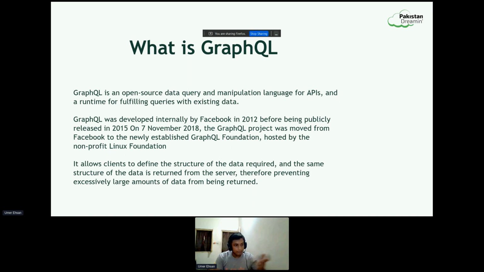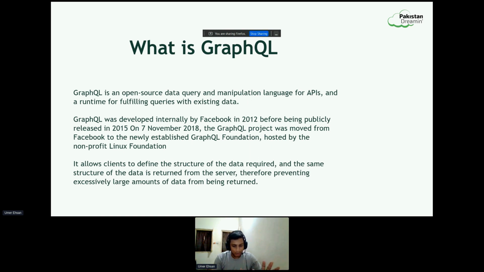That is the reason why we are now able to use it openly. It allows the client to define the structure of the data required, and the same structure of the data is then returned from the server, therefore preventing excessively large amounts of data from being